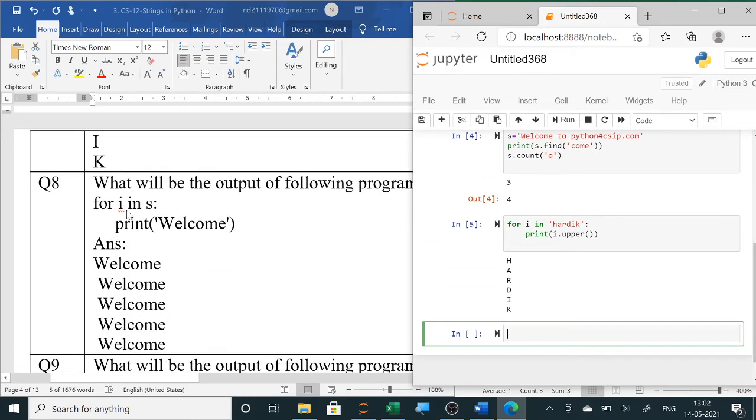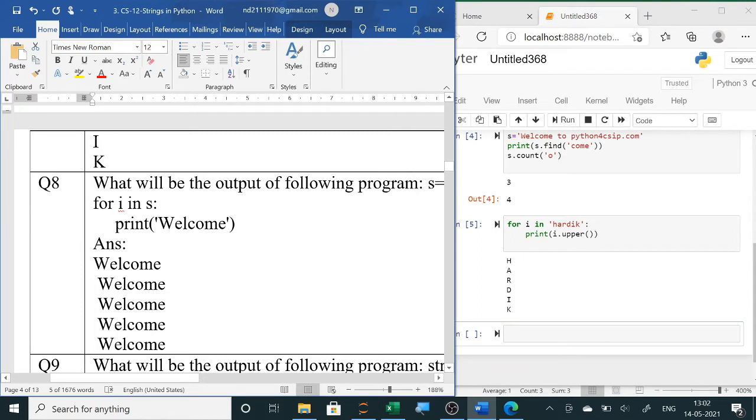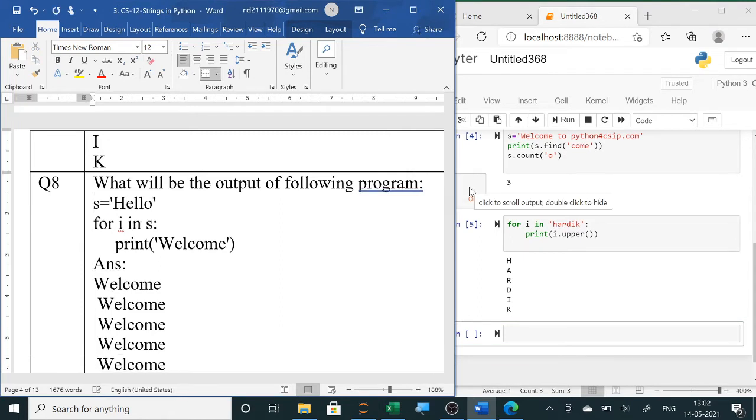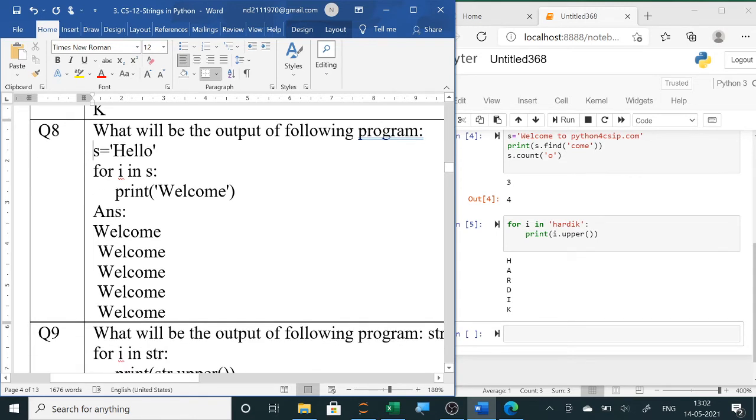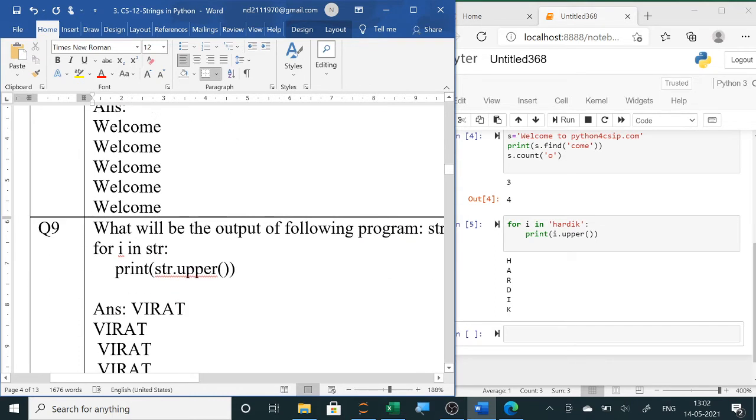Now next is how many times s is there. Let's check here. For i in s it is printing welcome. Now how many characters are there in s? 5. So 5 times welcome will be printed vertically in the same column. Now the next question is, what is the output of the following?